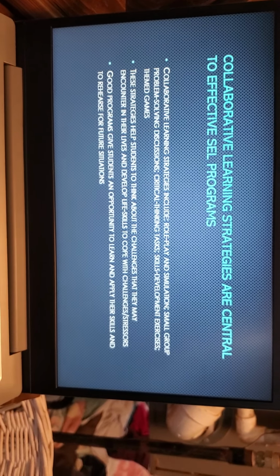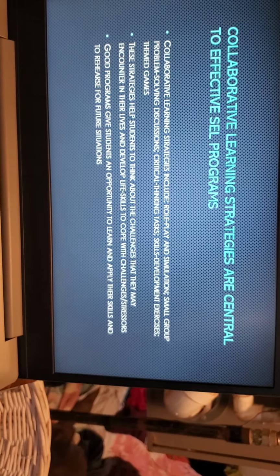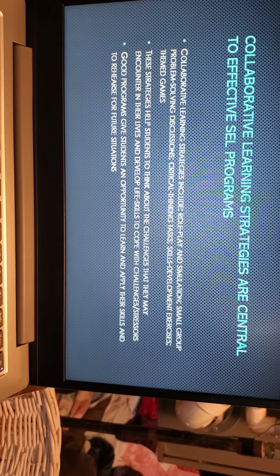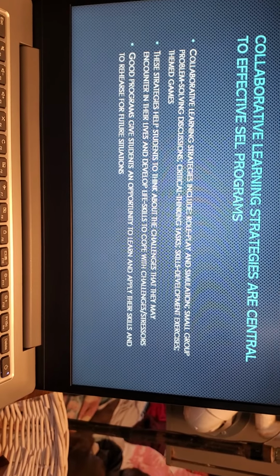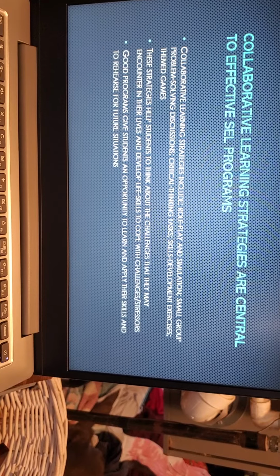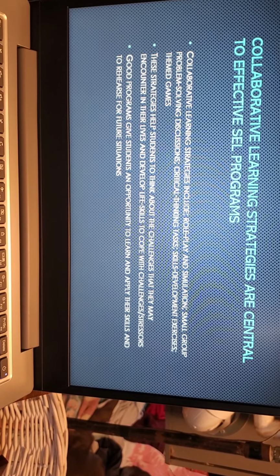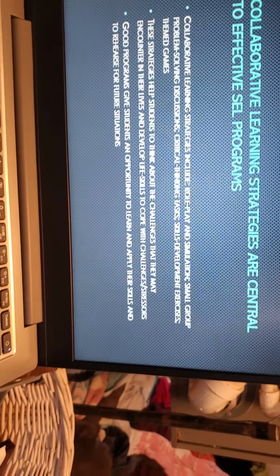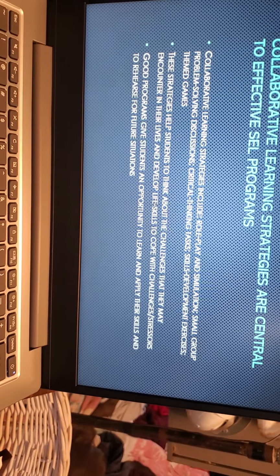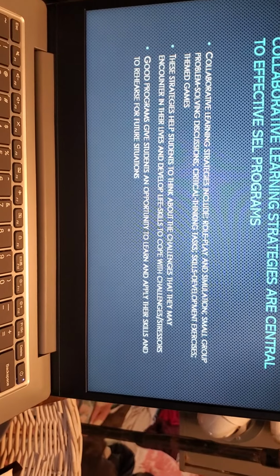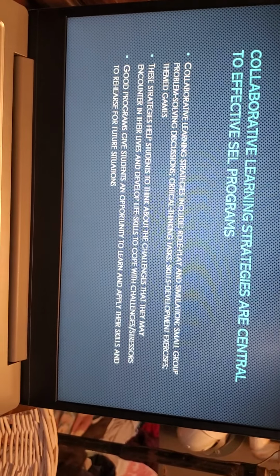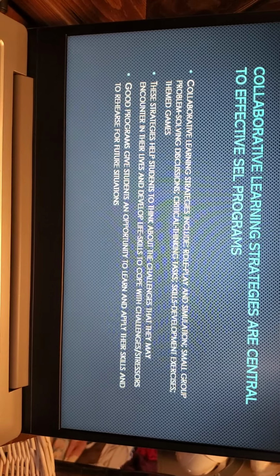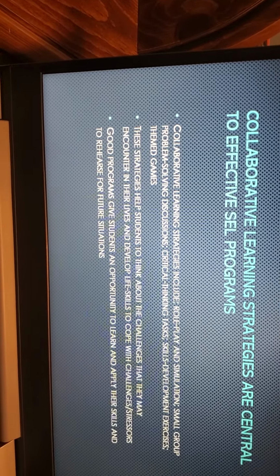Some ways that you can do the collaborative learning strategies include role playing and simulation that you could do in your classes, small group problem solving and discussions. A lot of classes I know have already got small groups and problem solving discussions, but just incorporating some social and emotional things into those, especially, like I know a lot of teachers in classrooms do the small group problem solving for